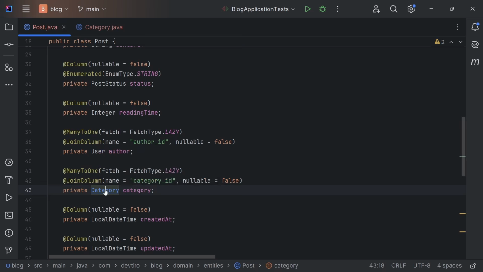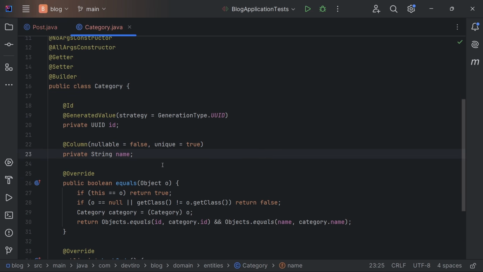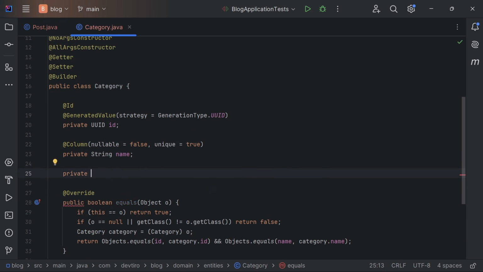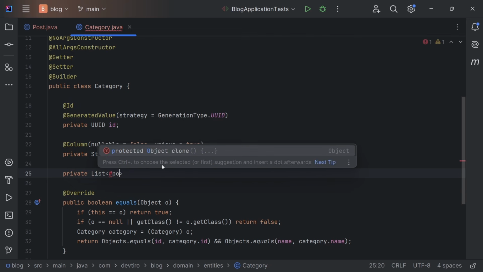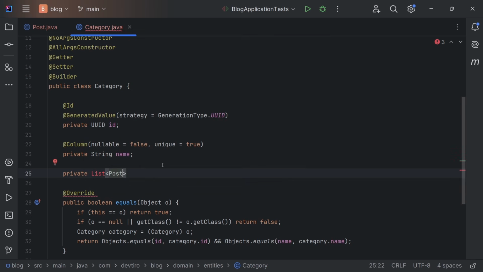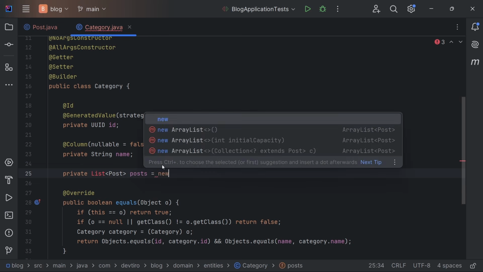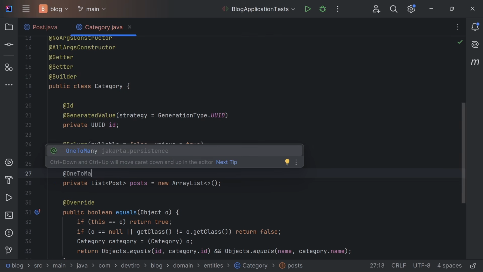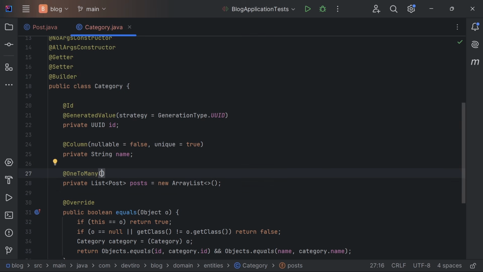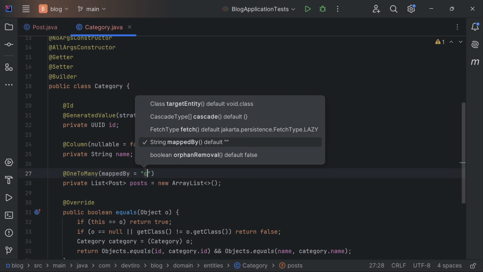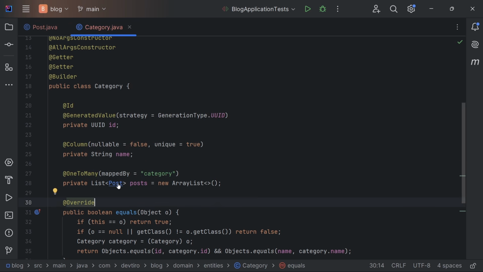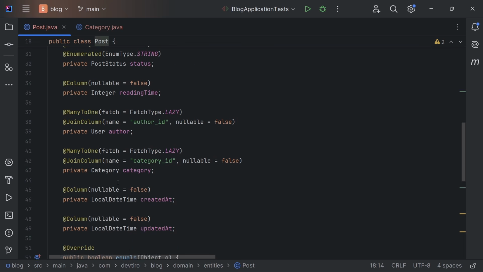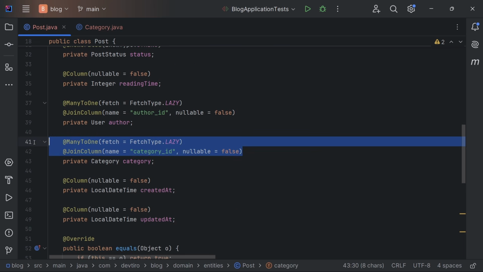So let's now go over to the category class. Let's add a new instance variable, private, and this is going to be our list of posts. We'll call this one posts, and we'll say new array list, again helping to prevent that null pointer exception. If we import list, and we'll put the one-to-many annotation on the top of posts, and we'll say mapped by category. Because on the post class, it's the instance variable of category that contains all of the information about